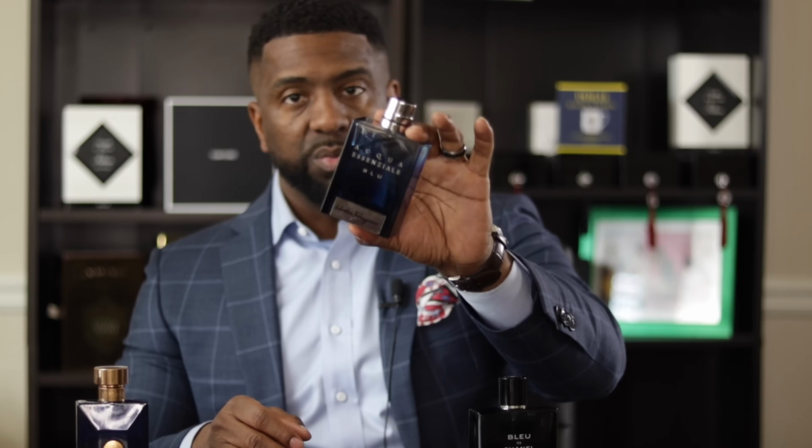Now I'm wondering, because this was released in 2014, which one of these was released first between these 2. This one was done by Jacques Polch, and this one was done by Alberto Marias in the year 2014. Now this fragrance, the Salvatore Ferragamo, is a combination of these 2 to me. So you pick up a lot of the DNA of Bleu de Chanel. It's probably about a 70%, 75% match to Bleu de Chanel with a little bit of Dylan Blue sprinkled in. And that's why I really love this one so much again. But when you look at the price that you'll pay for this one, that's where the value really starts to come in. But anyway,